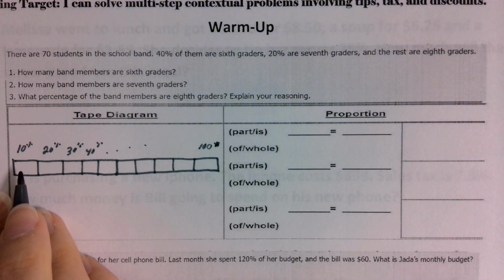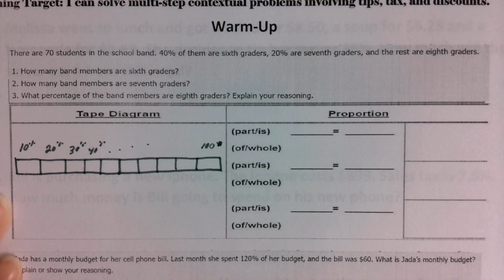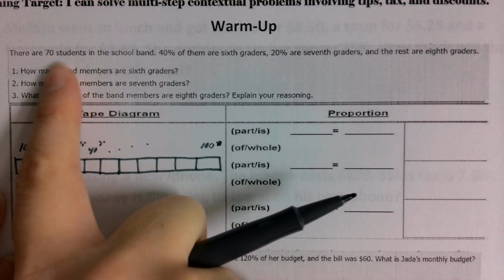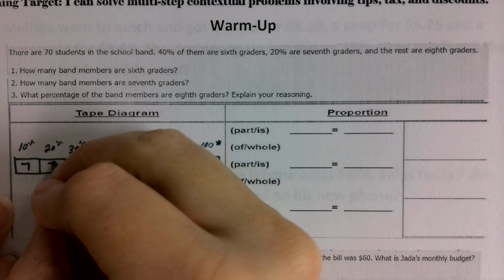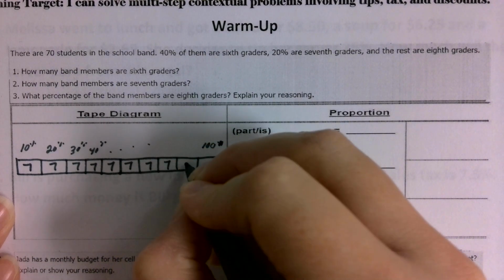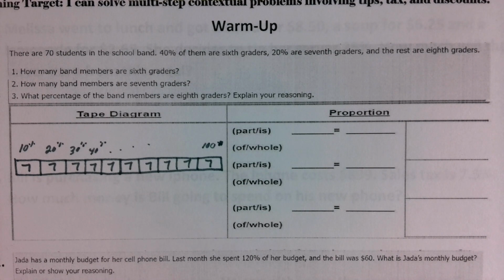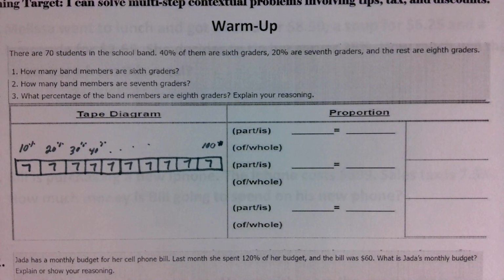What are each of the boxes going to represent for students? If I split them up into 10s, then each of these are going to be worth 7. If you take 70 and divide it by 10, then there's 7 students, and so on and so forth. Okay? So when we're utilizing the tape diagram, if we're first focusing on the statement that says 6th grade,